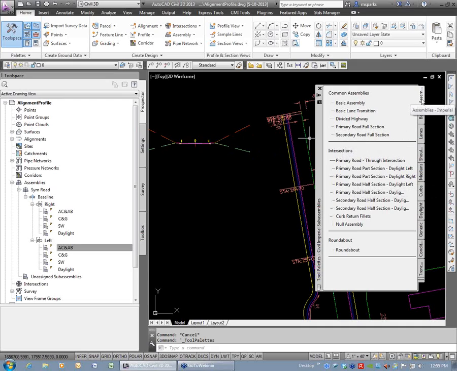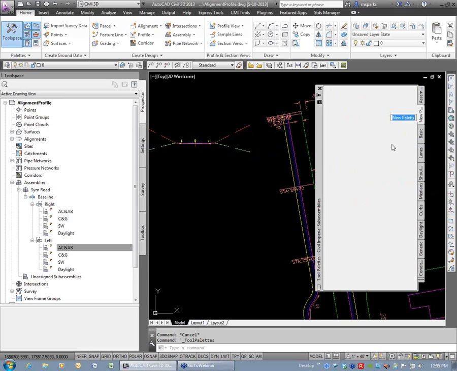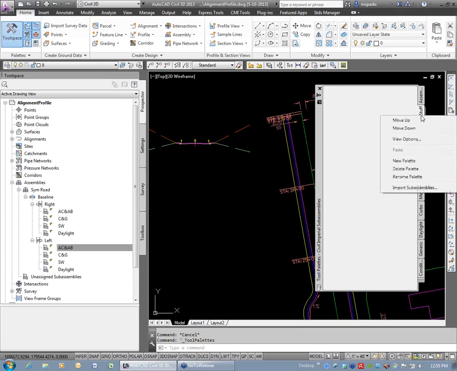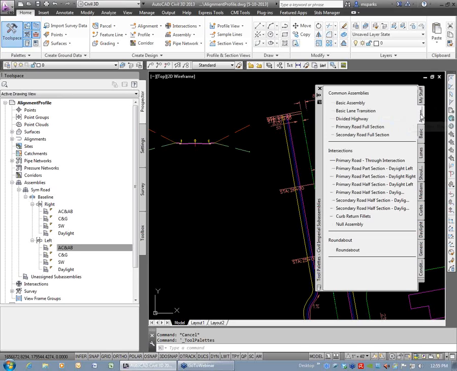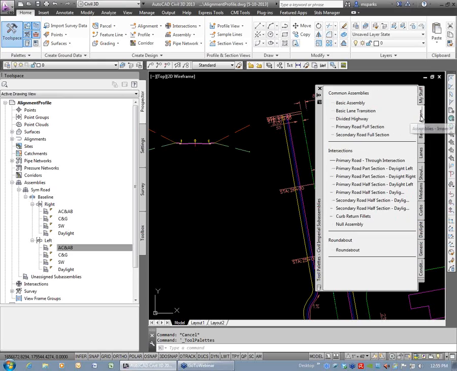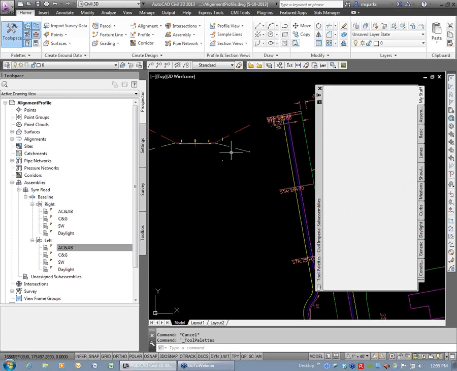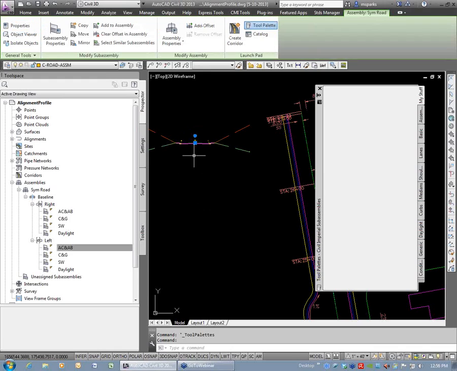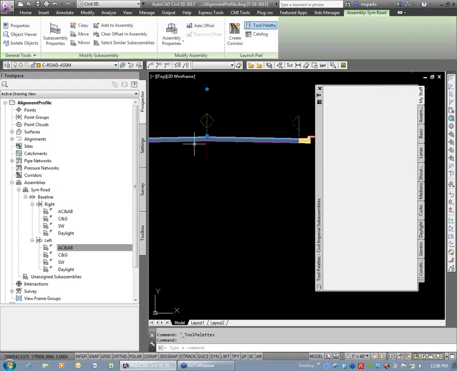So what I'm going to do is right-click on this tool palette here. I'm going to make a new one called My Stuff. I'm going to right-click and move that to the top. So it's going to show up here. Again, I would suggest not messing with any of the ones that are there. So I'm going to grab this to show you. I'm going to click on this line here, which is the assembly line. I don't want to pick on the sub-assemblies. And here's the trick. I have to click on it. I don't hot grip it. I have to click on the line again,